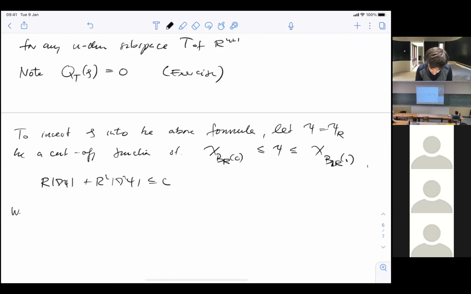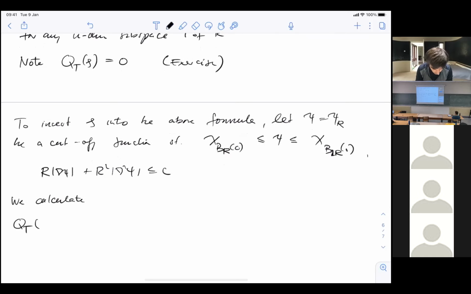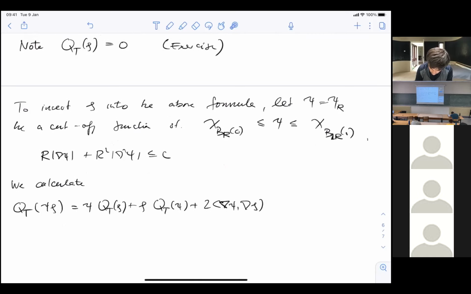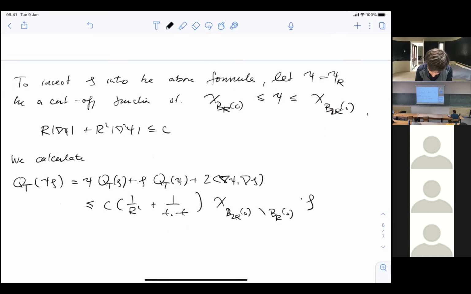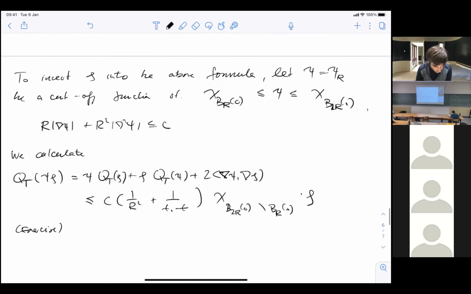Now you calculate, and it's also a little exercise. I also carefully did this. You can get the following formula. If you take Q_t of psi times rho, then you can write this as psi times Q_t of rho plus rho Q_t of psi plus 2 grad psi grad rho. Now we know this term vanishes, because Q_t of rho is vanishing. And you can estimate this from above by C times 1 over r squared plus 1 over T0 minus t, times the characteristic function of B_{2r}(0) without B_r(0), times rho. So this is a little exercise. Just a direct estimate, where we have used